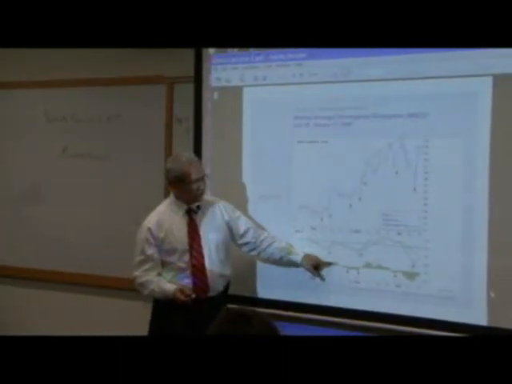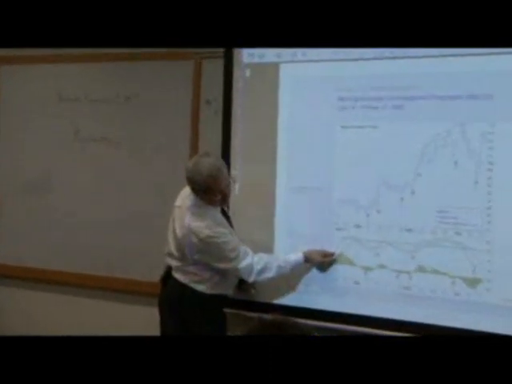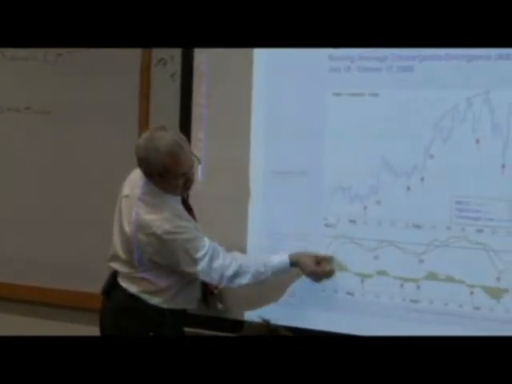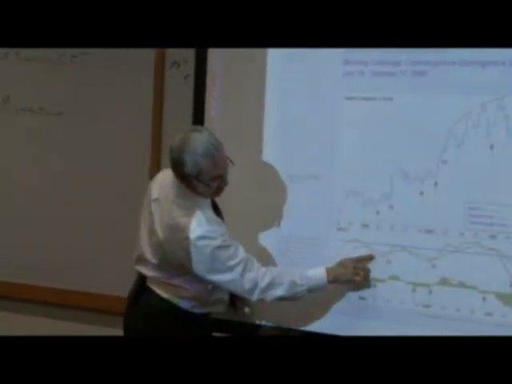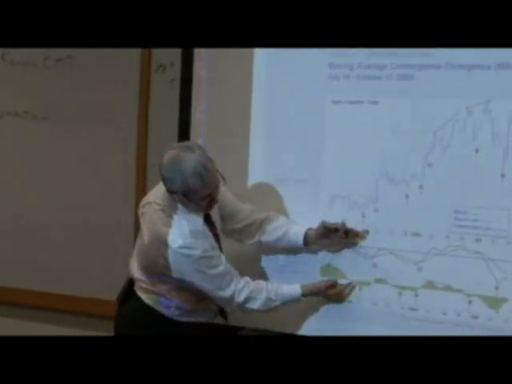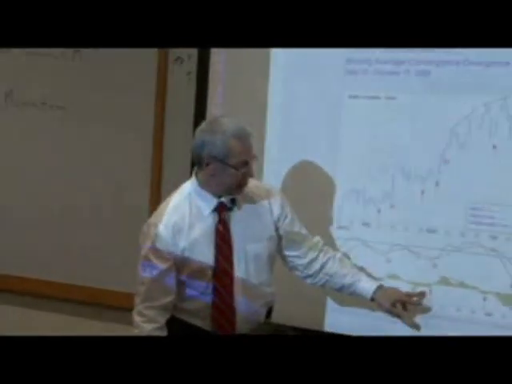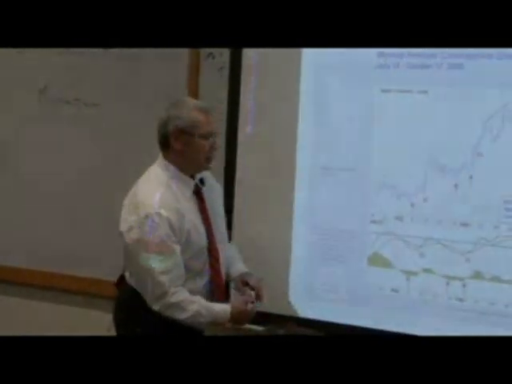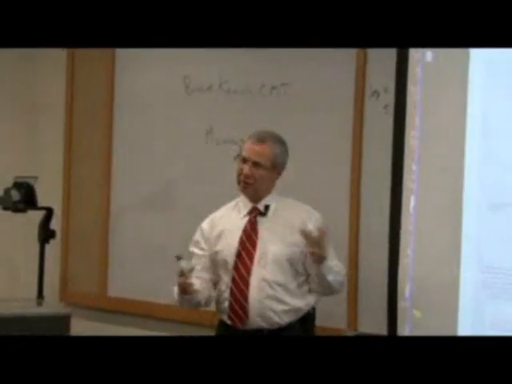Here it's displayed as a histogram, and so what these bars are is the difference between the signal line and the MACD line. Okay, here the difference is pretty wide. The bars are higher, and now the signal line is above the MACD, and so we're below 0. Okay, and as they get apart, the bars get longer. Okay, the arrows happen to be where there's a peak in these bars. And people over the years have developed a couple ways of using this indicator, and I'll give you the options.